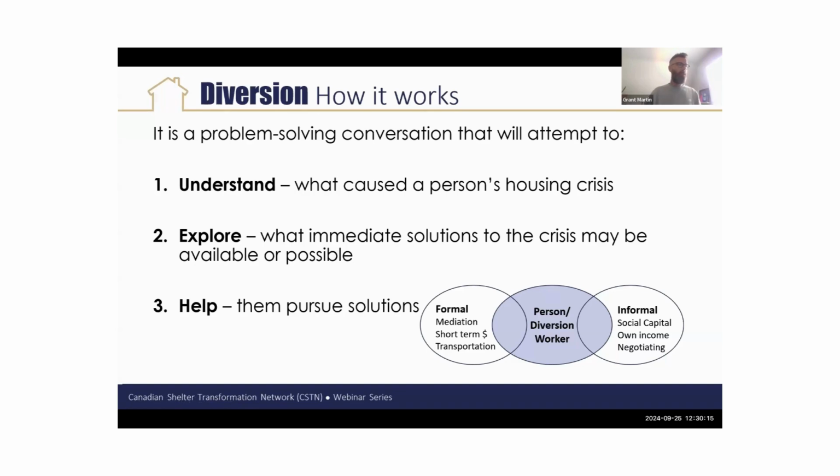Some more formal resources might include things like short-term financial assistance that could assist the household with related costs while being temporarily accommodated at an alternate location. You may want to also consider various health and social assistance benefits that the person might be eligible to receive with emergency housing placement. Sometimes we'll see this with youth, and specific financial benefits that might be available through child welfare, transportation assistance to get to a safe location, or potentially they could be diverted to a health facility if there's a serious issue presenting that needs to be addressed,